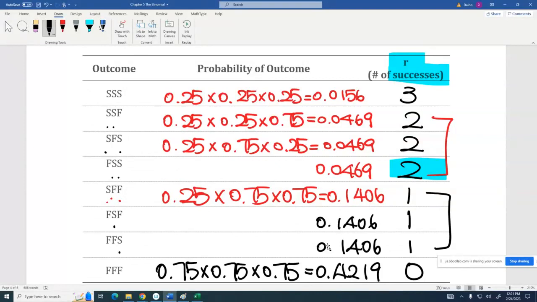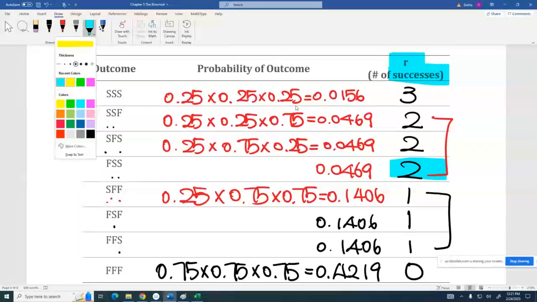I listed all cases when I guessed 3 questions with 4 multiple choices. How many cases? 1, 2, 3, 4, 5, 6, 7, 8. The 8 combinations, 8 cases, right? But they are saying 2 successes, they are saying only 1 success, single case, single case. Totally 8. Good? Any question? Okay, now